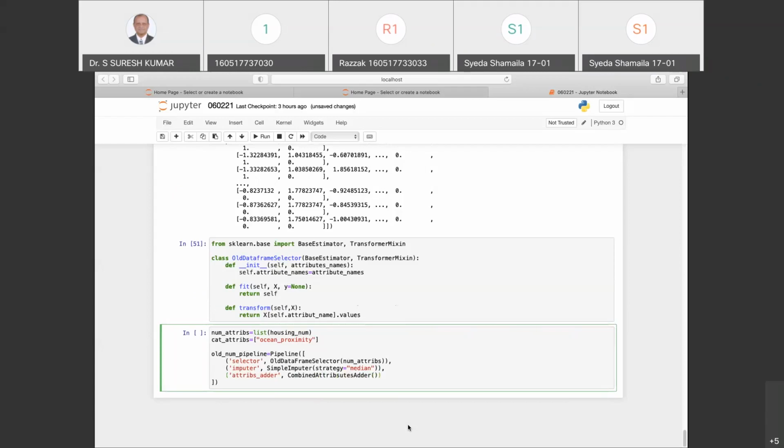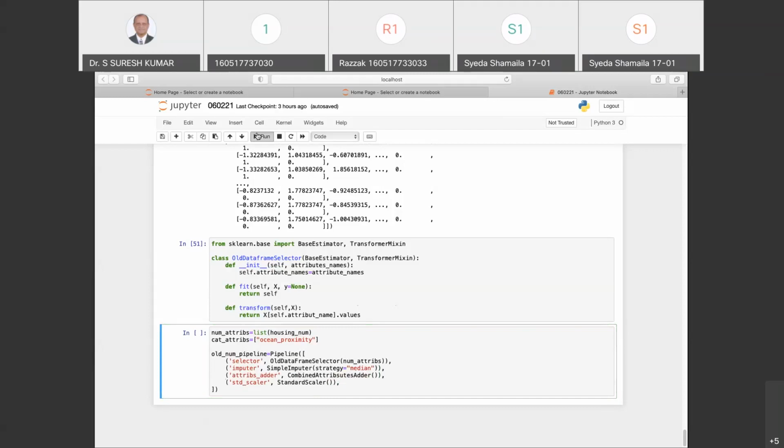And then lastly we need to take even the standard scaler, which is nothing but my standard scaler, and I give a comma. Fine, this should be my old numerical pipeline.